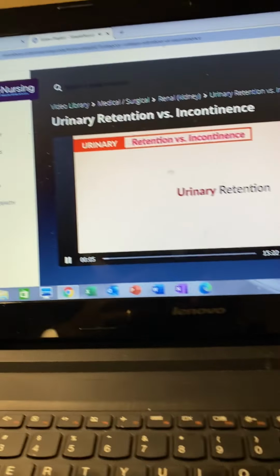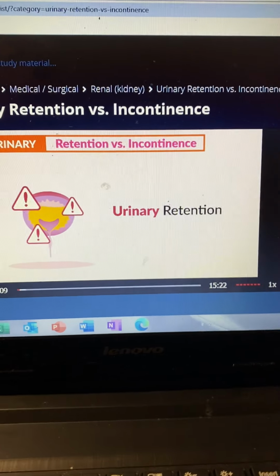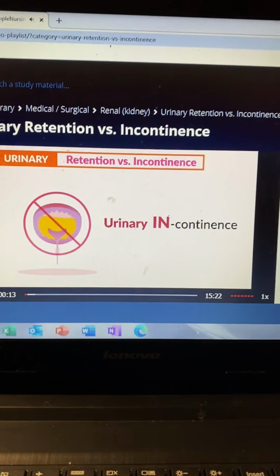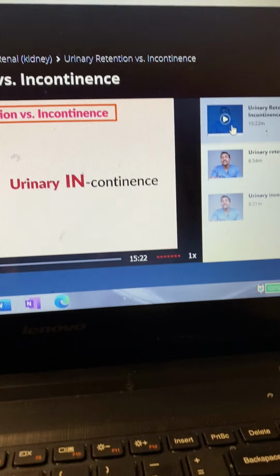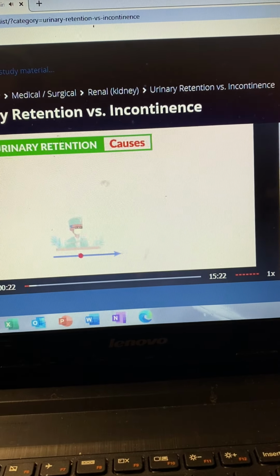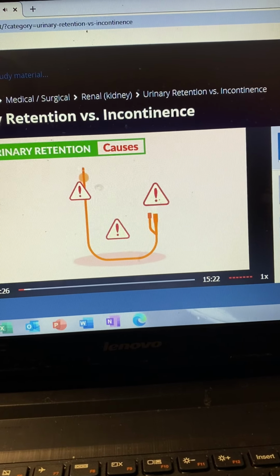So with urinary retention, just think that urine is retained in the bladder and it can't get out. And urinary incontinence is the exact opposite. You can't hold urine in with incontinence, so it spills out. Now for urinary retention, the causes are simple, like after surgery, post-op, after a Foley that is discontinued, and even